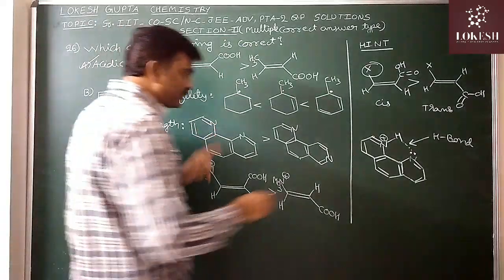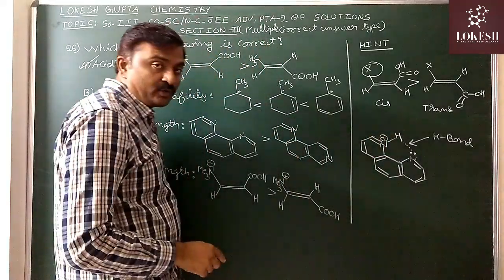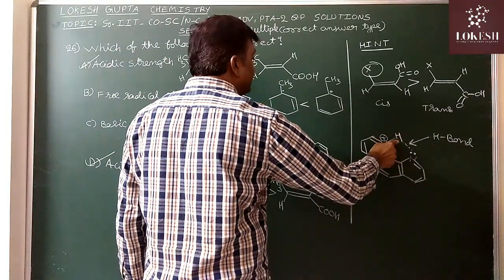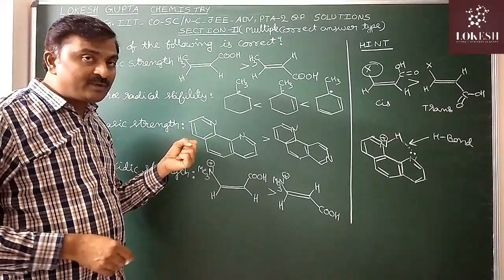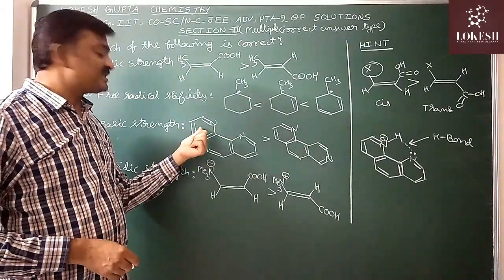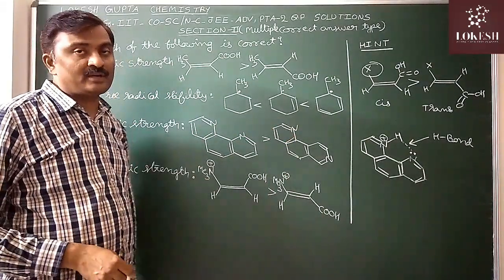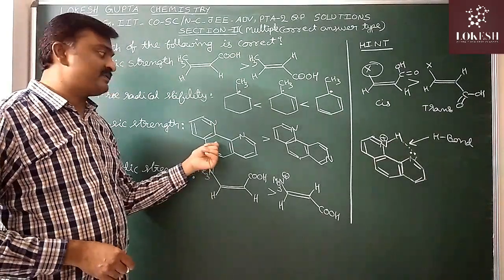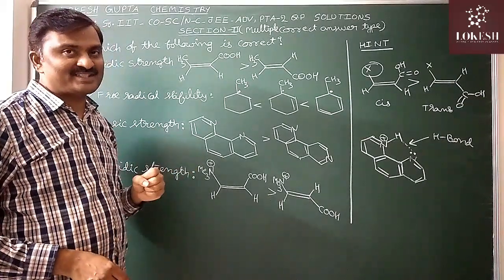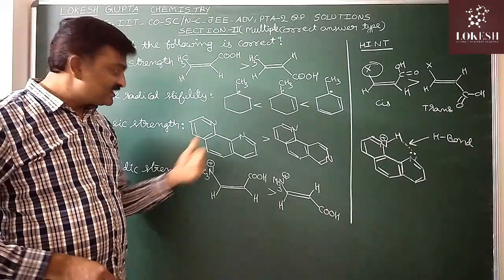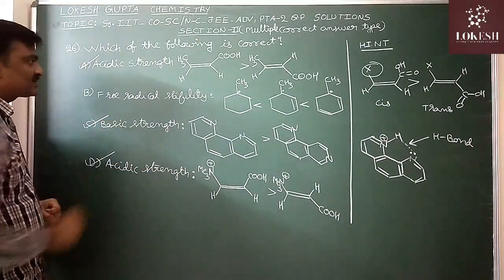Now, when it is protonated, it is stabilized by intramolecular hydrogen bonding between this lone pair and this hydrogen. So in its conjugate acid, intramolecular hydrogen bonding is possible. So it is ready to accept a proton. Here in its conjugate acid, such a type of intramolecular hydrogen bonding is not possible. So this one only is more basic. This type of compounds are called proton sponges. They can take protons easily. So this acidic strength order is also correct.